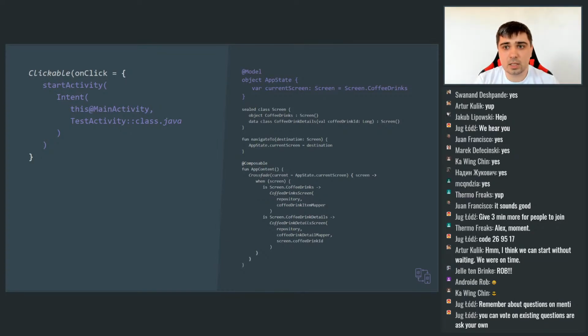In this case, we don't use anything from Jetpack Compose because everything is rendered on an activity or fragment. If we want to go to another screen, we just go to another activity, and that activity has other composable functions which render content. However, if we go with the Jetpack Compose approach,